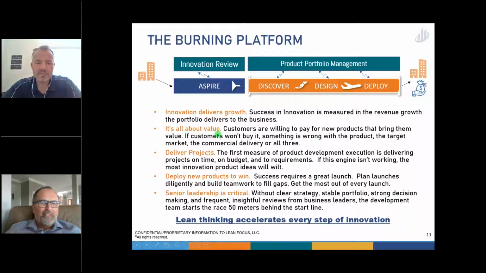We create value. Being a long time in R&D, I can remember a lot of the feelings of we would design amazing products, but customers wouldn't buy them, and we would think about how innovative they were. But customers are willing to pay for value. When you do those kinds of projects that don't do well, there's something wrong in the value you're offering, because if you take the right customers the value, they will purchase it. And so one of the first things we look at in successful innovation is, are you able to generate revenue with the products? If you're not, that's an indication of a systemic problem.